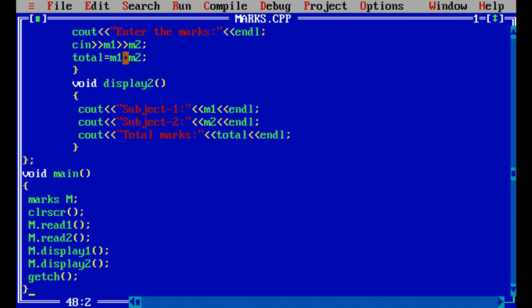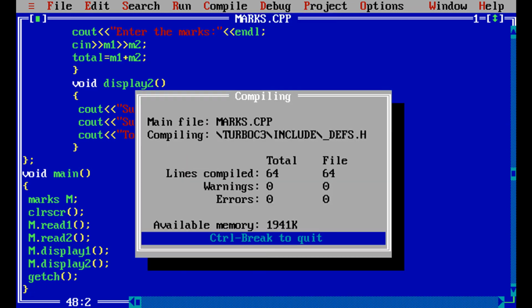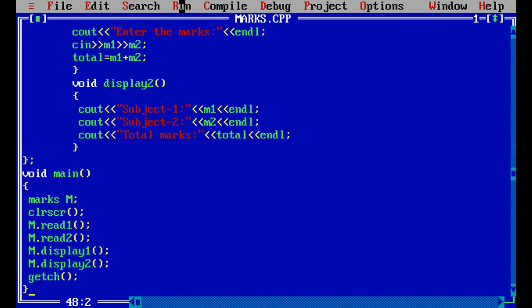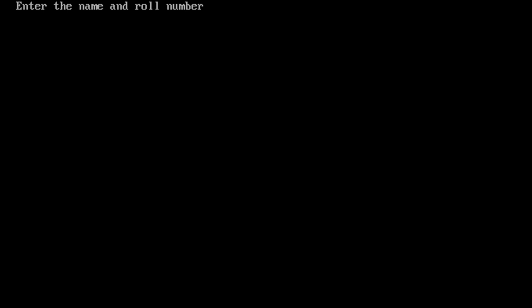Compile the program. When you compile the program, you don't find any errors over here. Run the program, then we'll see the output. So first what I need to enter is the name. So I will enter the name.